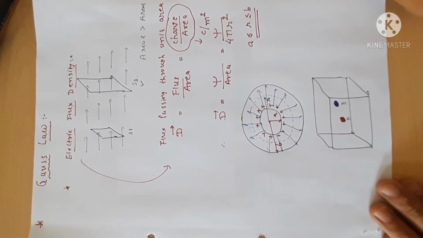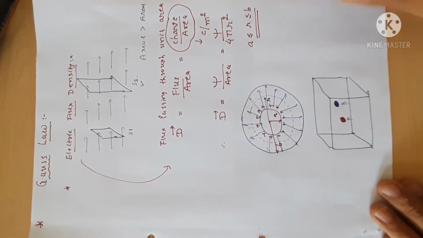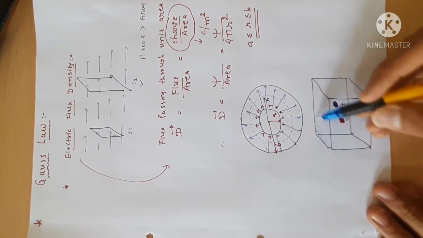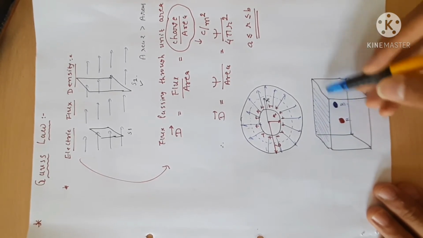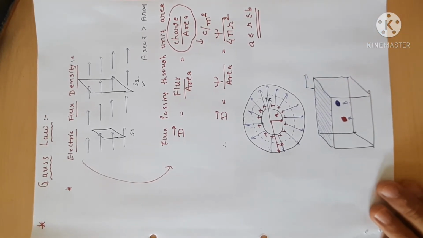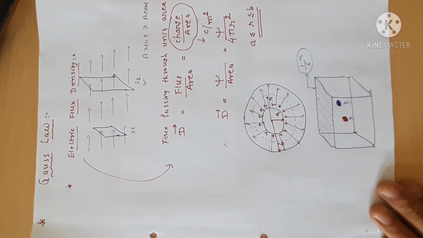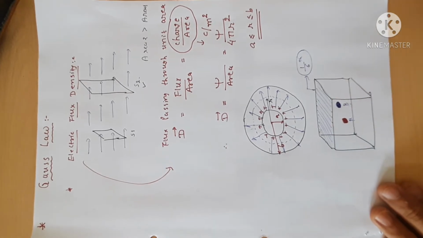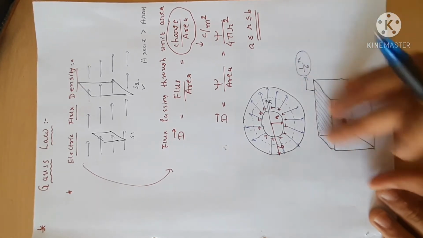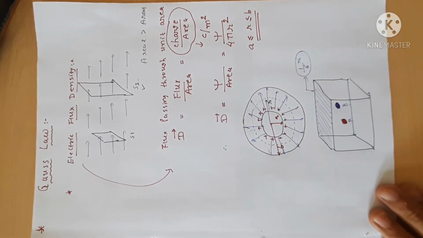The total light is that emitted by the red bulb and the blue bulb, and that amount of light is passing through this cube. Now the question is how much light is coming out from the front side. The amount of light coming out from the front side is 1/6, because we have to consider only the top surface area. So ultimately the total amount of light passing through the whole cube is nothing but the light emitted by the red bulb and the light emitted by the blue bulb.